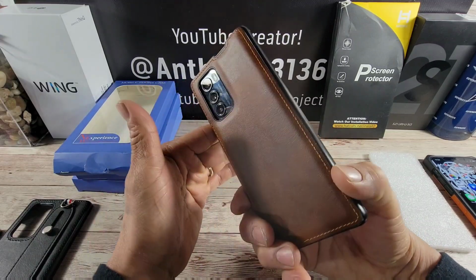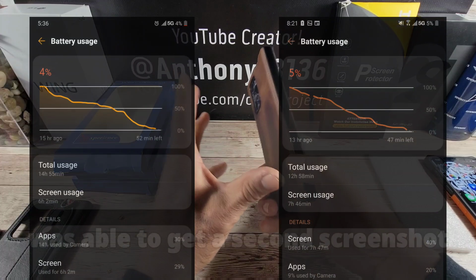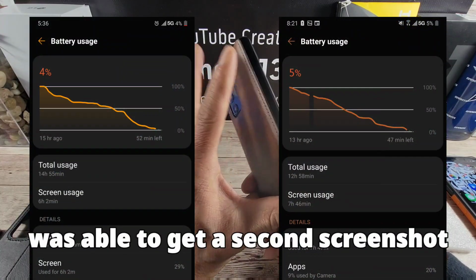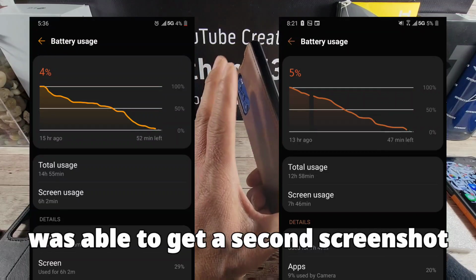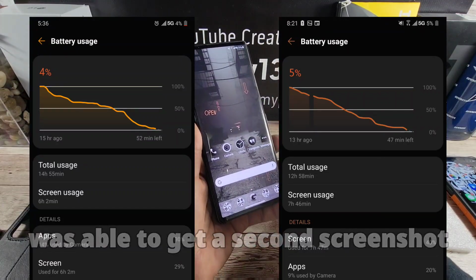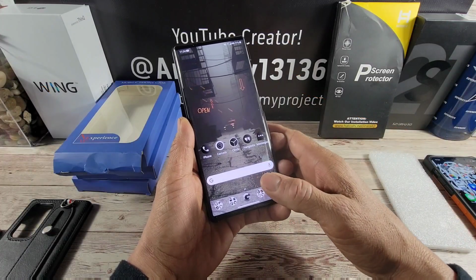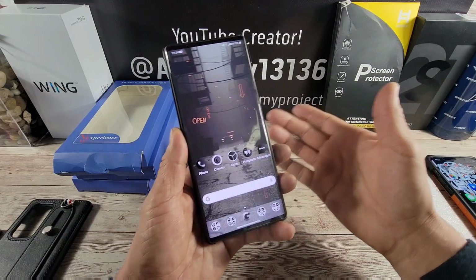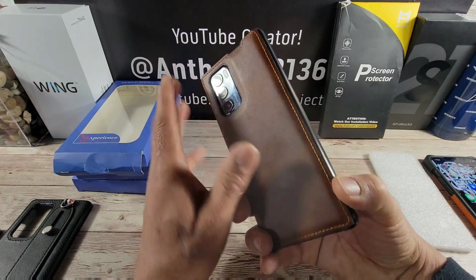Battery life, so far I only have one screenshot. Today I'll get another screenshot, but 6 hours and 2 minutes, and that's doing a lot on this phone. Phone calls, texting, a lot of different areas, content, editing, uploading, all in one day. I did a lot, and got 6 hours and 2 minutes, and it said I had 52 minutes left. Probably would have got 30 minutes, so probably about 6.5 hours. So yeah, so anyway,